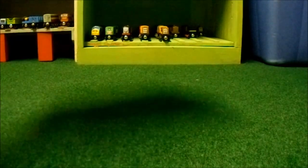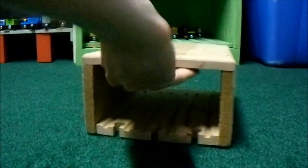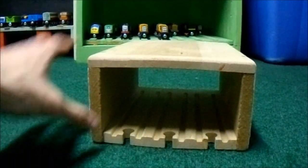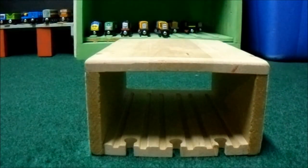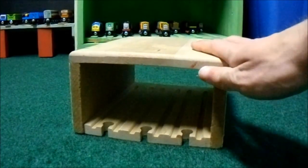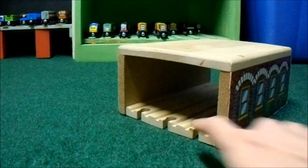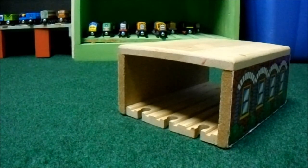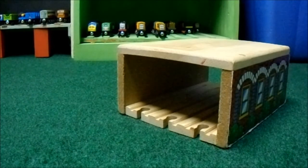Next is this shed right here. Now, this is not a Thomas Wooden Railway product. This is part of another Thomas Wooden Railway line. It is a shed that can hold 3 engines. I figured that I could probably get this for the Arlesdale Railway, for putting in the 3 engines, Rex, Mike, and Bert, although Rex has not even been released in Thomas Wooden Railway, and there hasn't been a Thomas Wood release either,